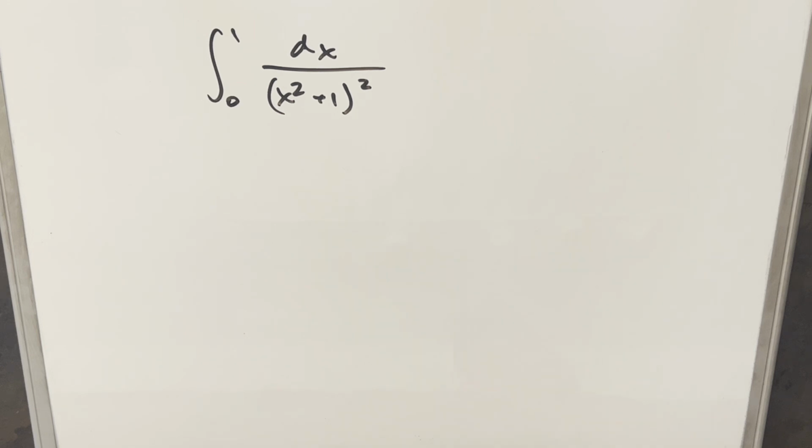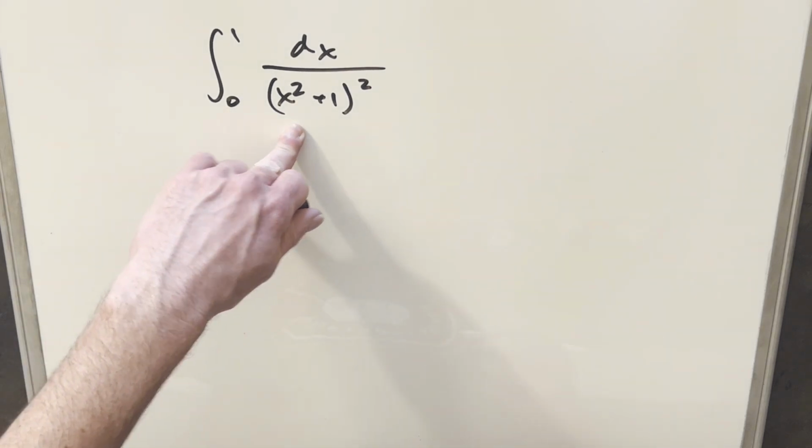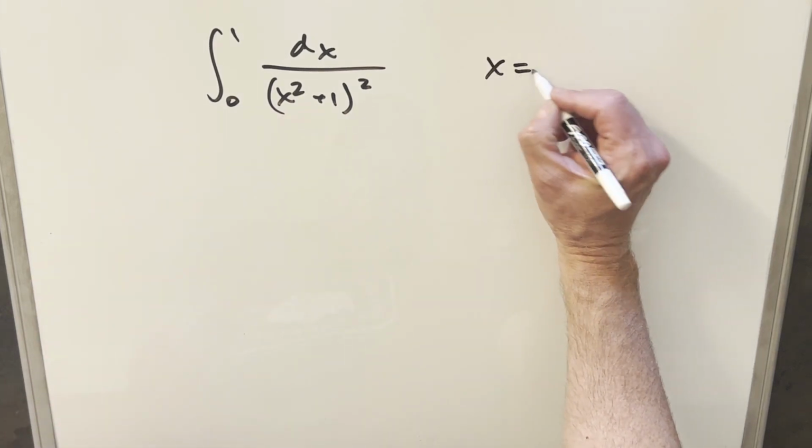Okay, we've got another integral. We've got the integral from 0 to 1 of 1 over (x squared plus 1) all squared dx. To get started with this, I think I just want to try to do the obvious thing and do a trig substitution. What I want to do here with this x squared plus 1 configuration, let's do our trig sub